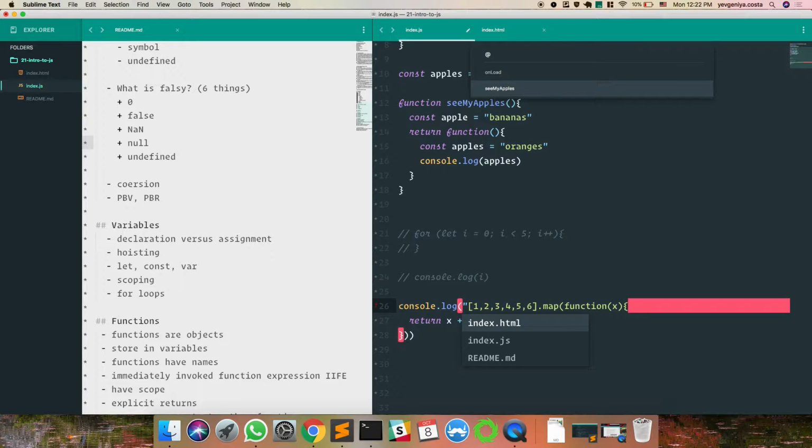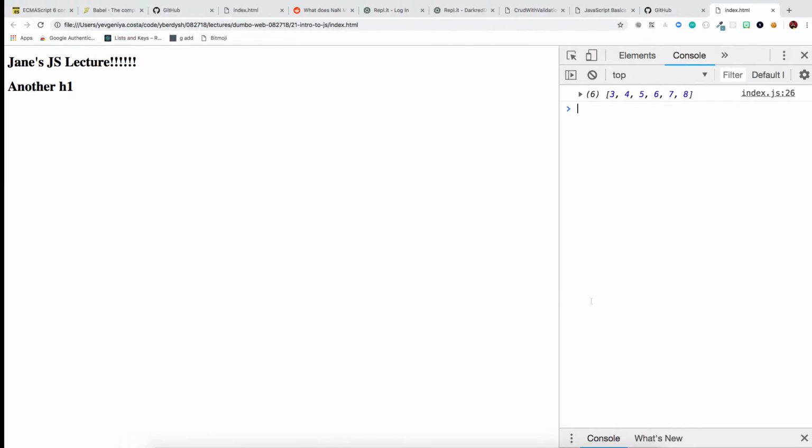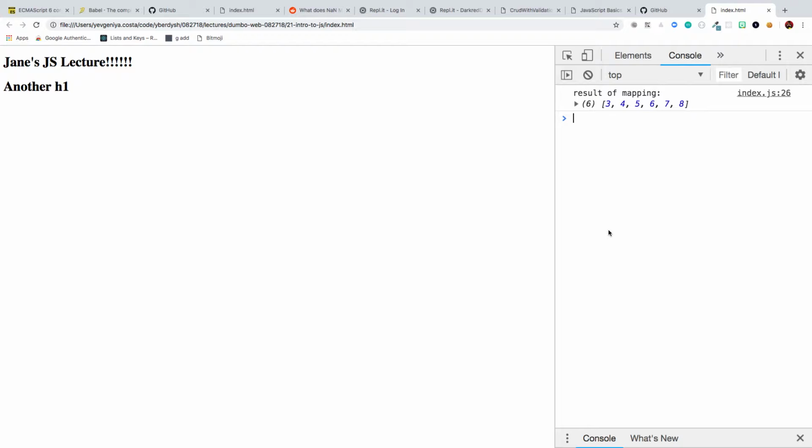It's very good practice to label your arguments in JavaScript. I remind people all the time, people don't do it enough, because in JavaScript you write a lot of console logs in your code to figure out what stuff is. So when you use a console log, public service announcement, it's good practice to label what you're trying to console log, because you're going to be console logging multiple things. So this is the result of mapping, right? Console log can take multiple arguments separated by commas. Yes? Okay. So this works, right?